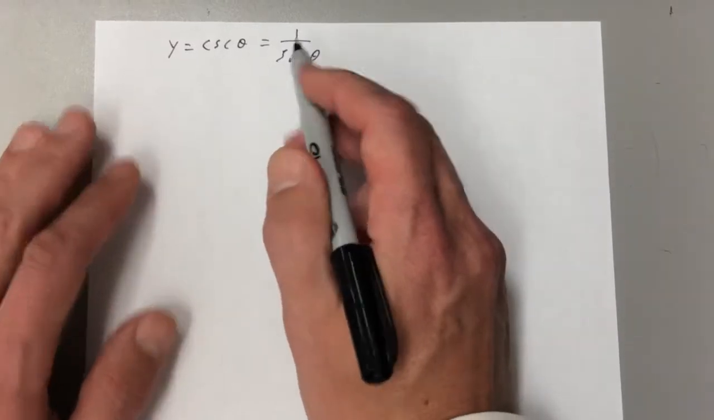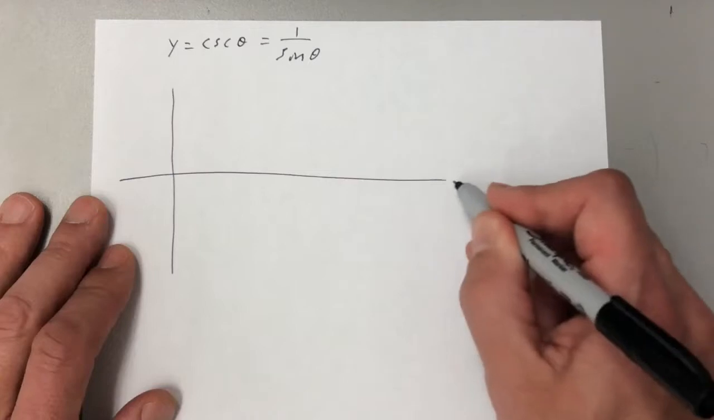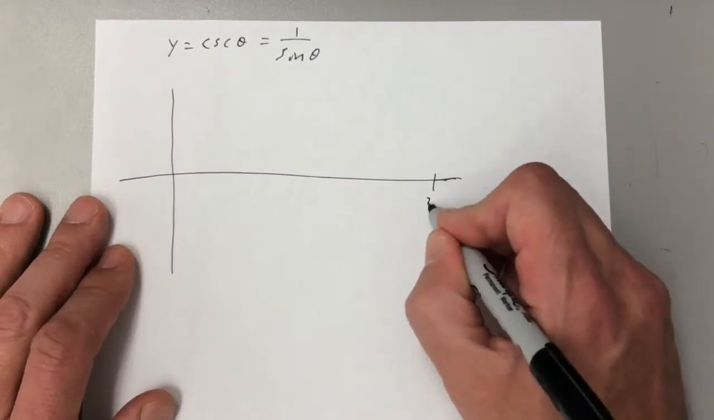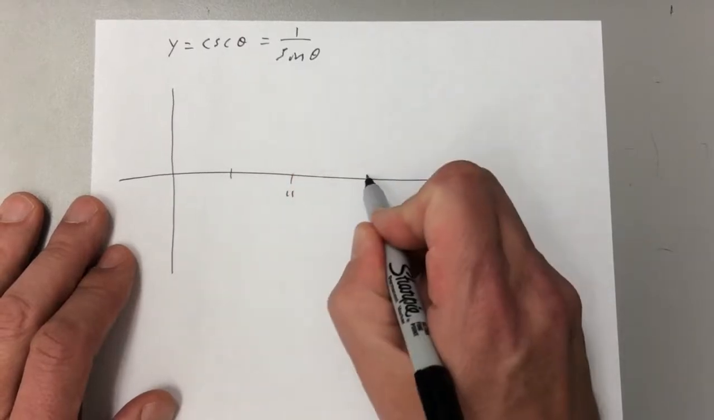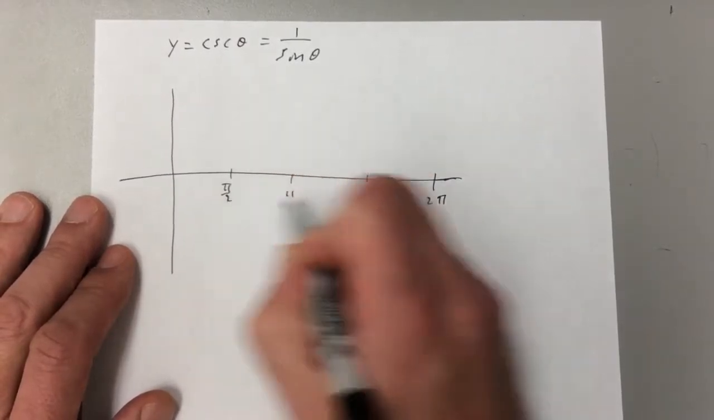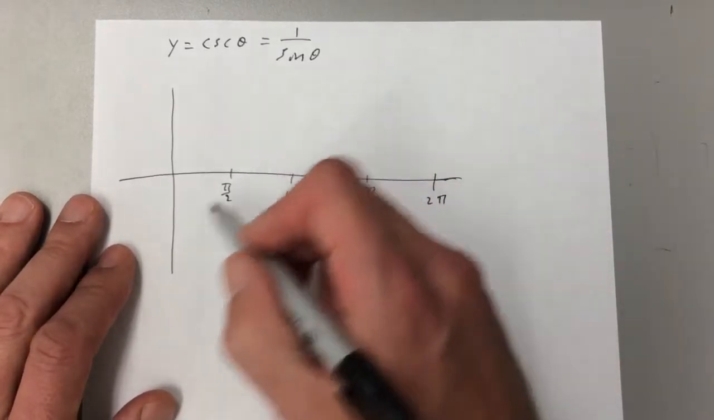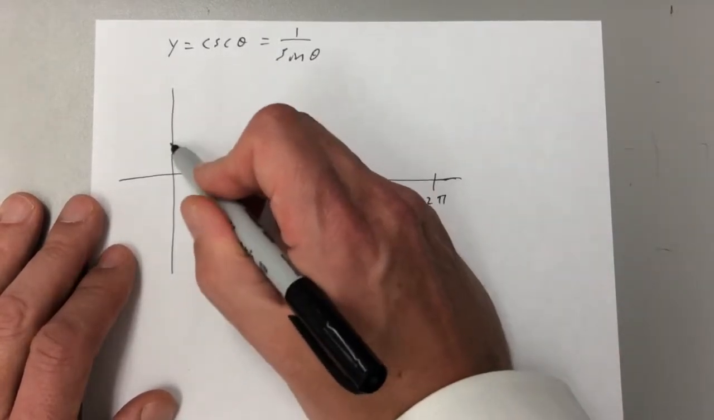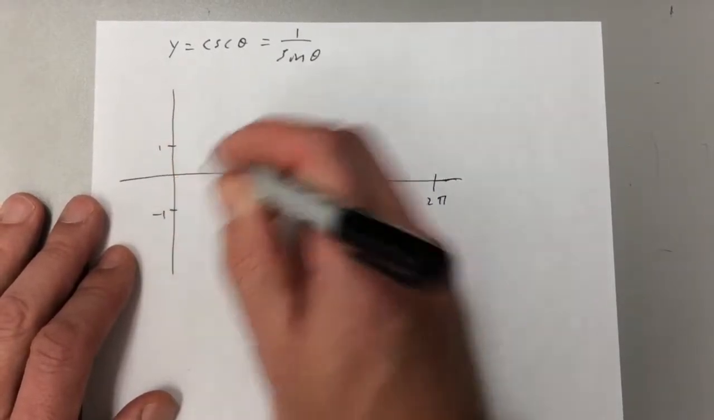So if we can graph sine theta, I'm just going to roughly graph it here. Okay, so there's 2 pi, pi over 2, and 3 pi over 2 approximately. So sine is, if there's 1 and negative 1,